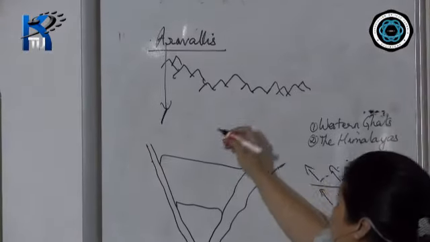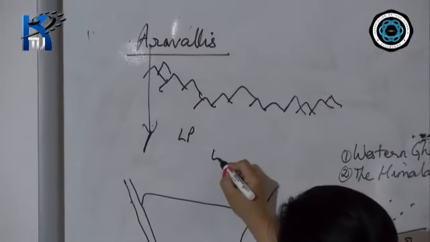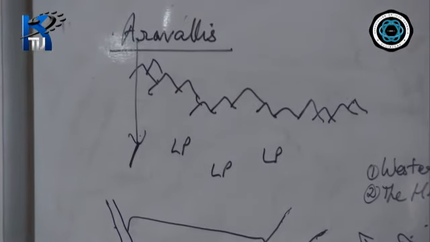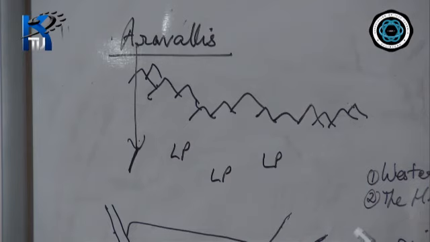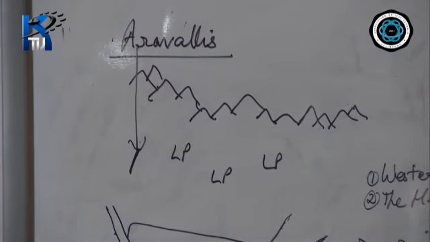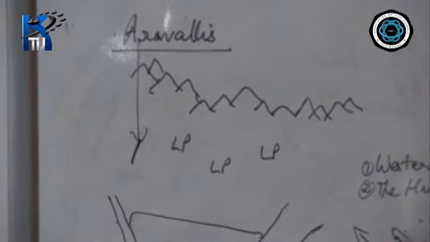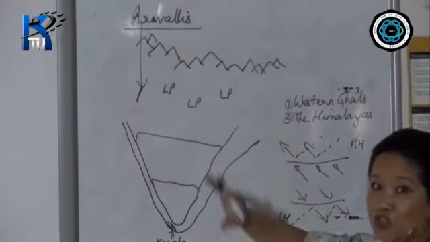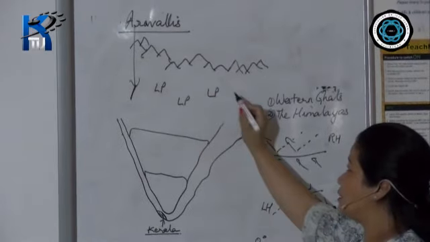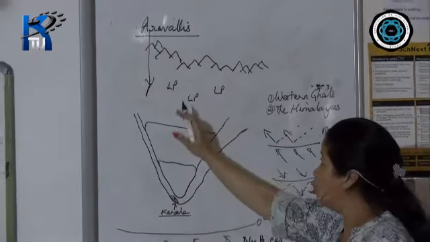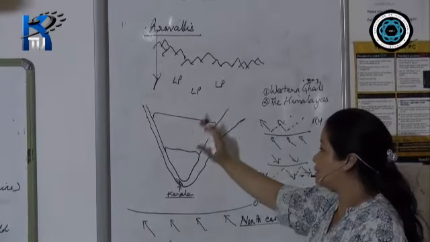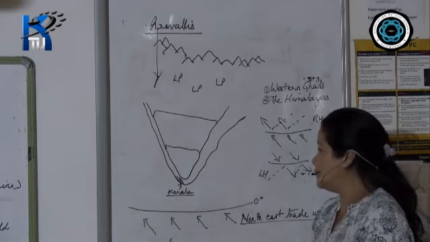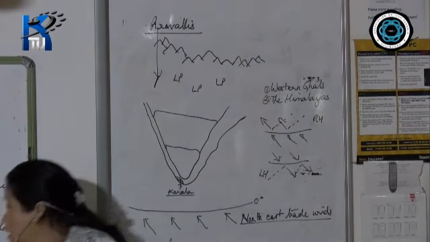Now, as I've already explained, because of the very high temperature, I'll write LP over here. LP means low pressure. That explains what I've already explained earlier, where high temperature leads to low pressure. Because of the intense heat from March to May, this is the approaching of the monsoons. From March to May, when the temperature intensifies, the low pressure is so strong that it attracts the winds from the water bodies over to the land. All right.